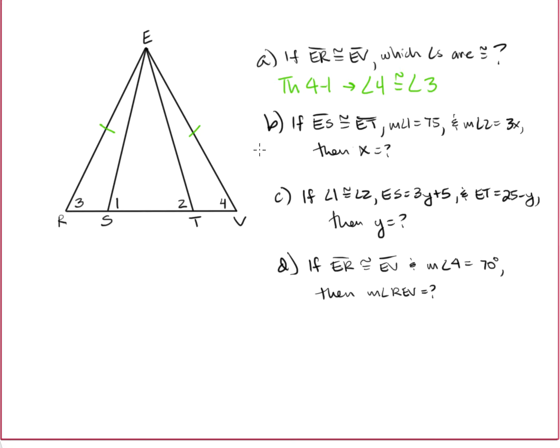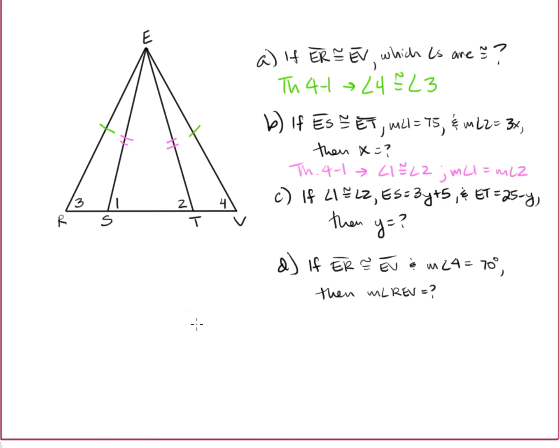In letter B, I said, well, what if ES is congruent to ET, and the measure of angle 1 is 75, and the measure of angle 2 is 3x? And how could I find x using that information? Well, I know that if these two segments are congruent, then again by theorem 4-1, that would indicate that angle 1 is congruent to angle 2, which means that the measure of angle 1 could be set equal to the